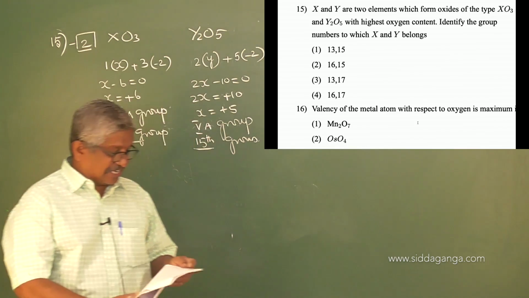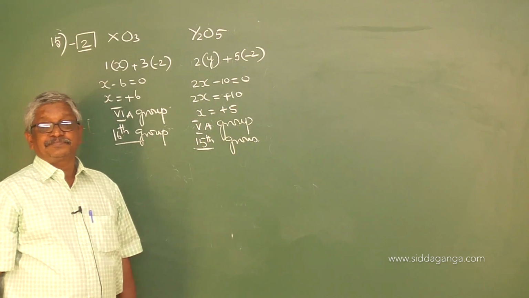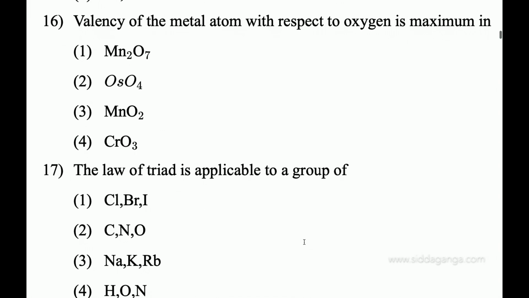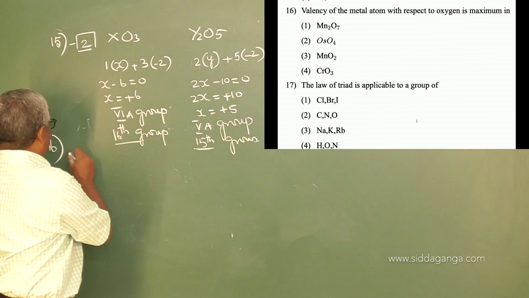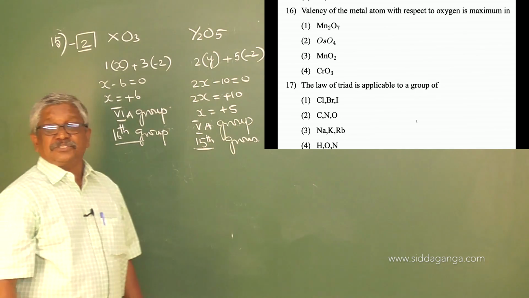So next question, it is 16. Valency of the metal atom with respect to oxygen is maximum in Mn2O7, manganese, osmium, so then osmium and CrO3. Looking at the values here, Mn2O7,